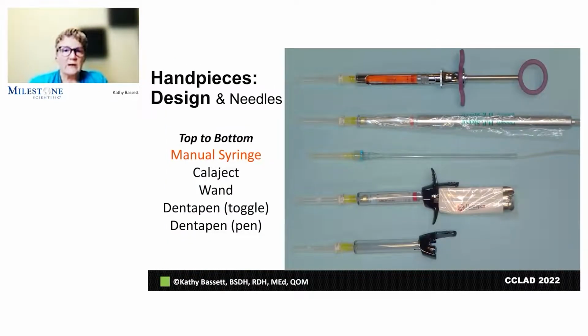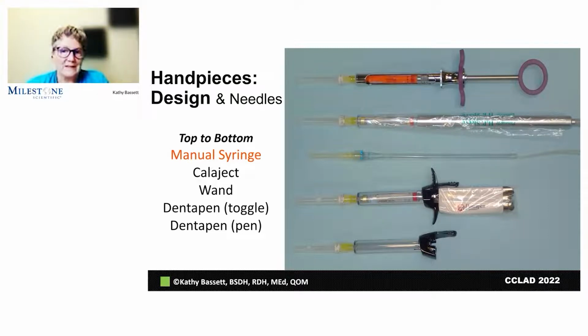So when we look at the handpieces available to us, the top is a common metal syringe. I just have a stabilizer cartridge in there. So the orange is not a drug or something you're not aware of. It's just a balancer. But look at the contrast. The CalaJet, the next one down, when all ready to go, is about the same size and weight as a standard syringe. The one in the middle, the wand, you can see how tiny and fine that is. And the weight and the balance will be very light.